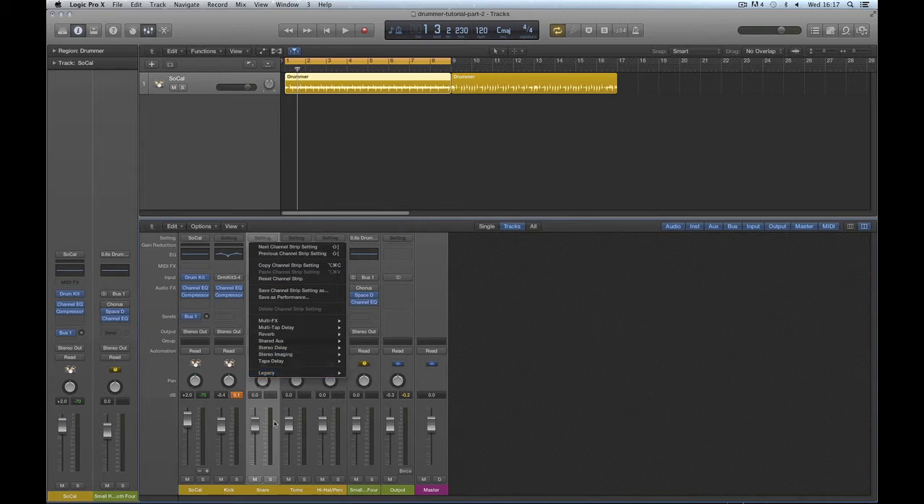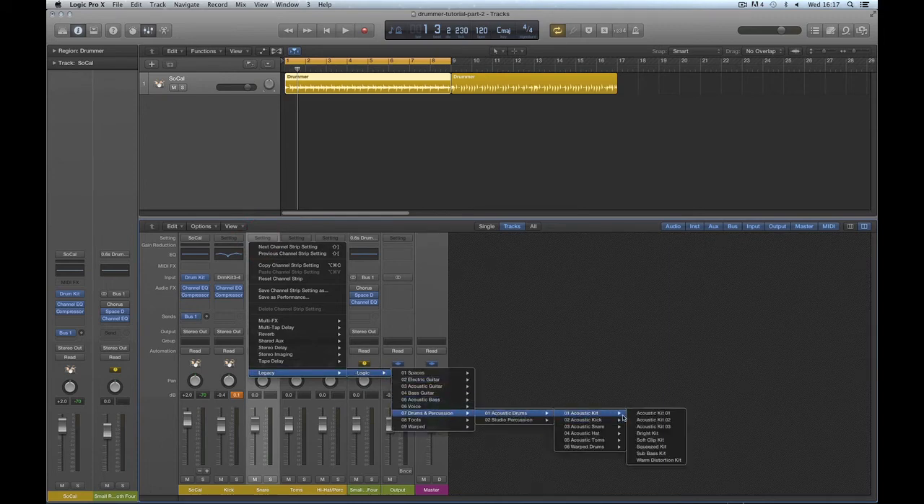Okay, so we go at the top of the channel, setting, legacy, Logic, drums and percussion, acoustic drums, and there's a little category for each type of drum. There's some for the whole kit, there's some for the kick, the snare, the hats, the toms, and these warped ones are effects. And there's a tiny selection of presets for studio percussion. Okay, this is a snare channel, so I'll go acoustic drums, acoustic snare. There are 5 to choose from. I'll choose